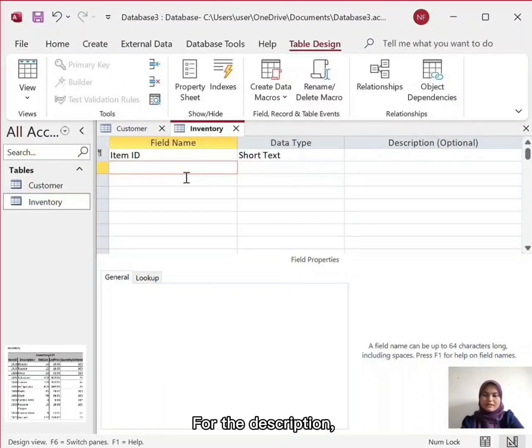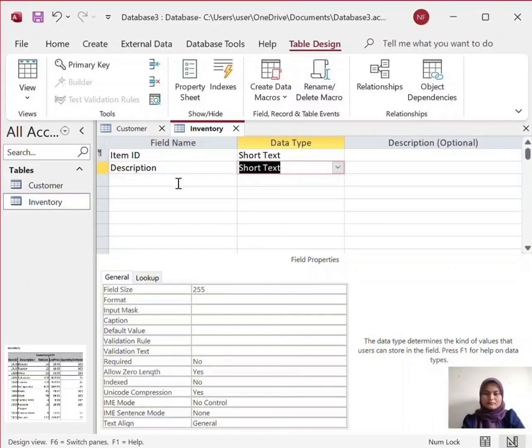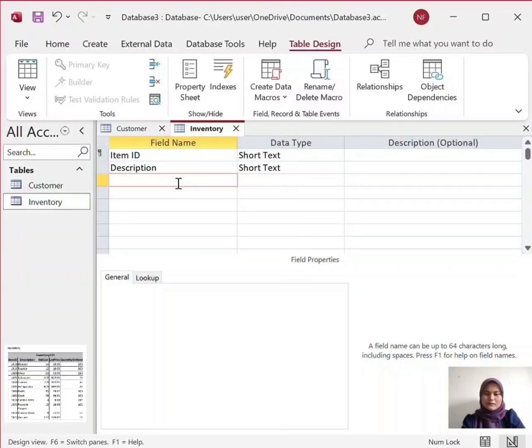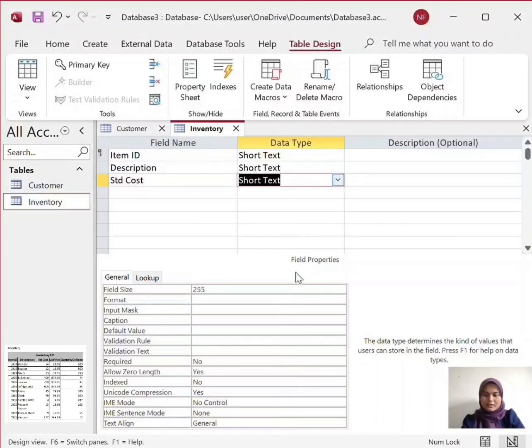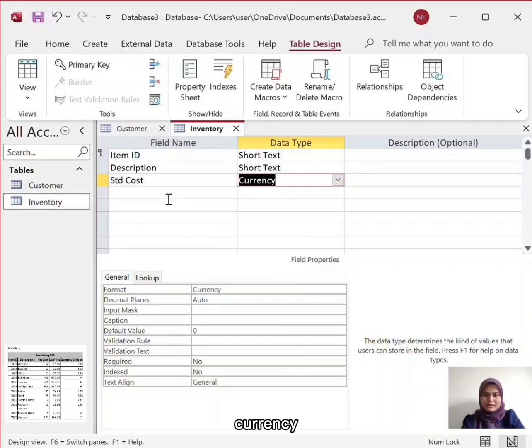So for the description, the data type is also short text. Okay, and the STD cost, STD cost means standard cost. The data type is currency.